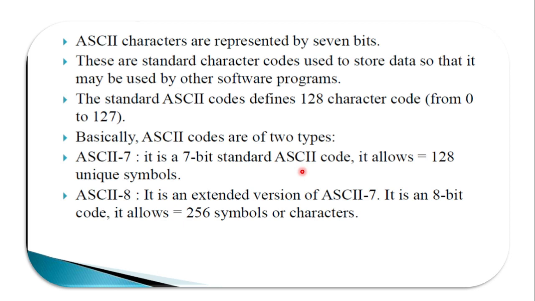So we express the number of locations, the combinations, as 2 to the power of the number of bits. In this case it is 2 to the power 7. 2 to the power 7 is what? 128. When it becomes 8 bits, we have 8 individual bits and 2 symbols, so 2 to the power 8. 2 to the power 8 is 256. So the total number of characters that can be represented by the extended version of ASCII is 256.